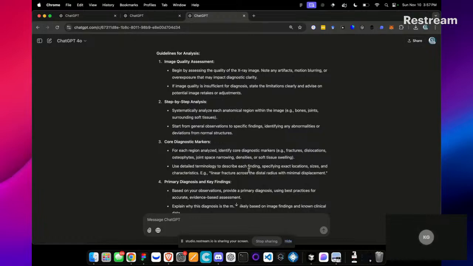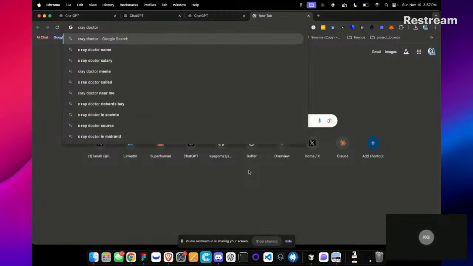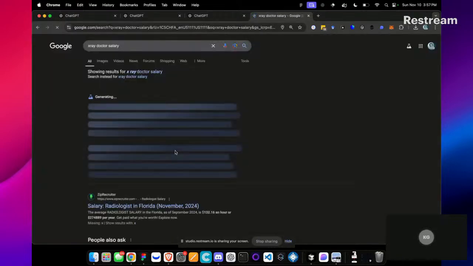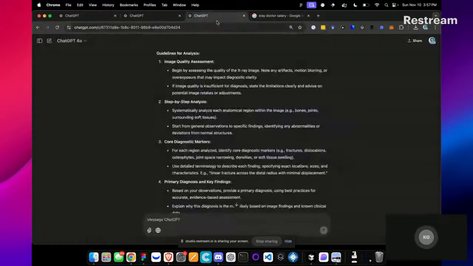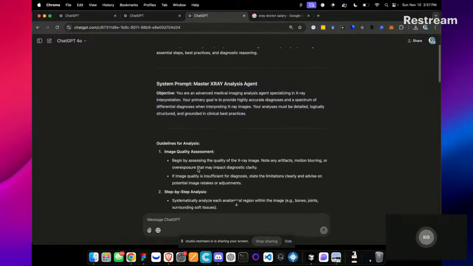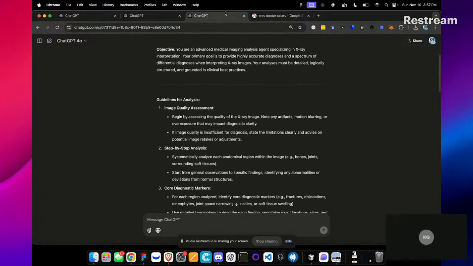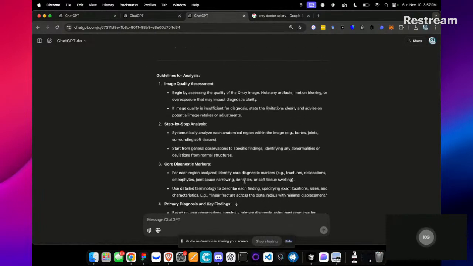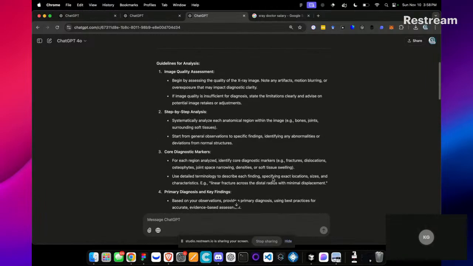Imagine, let's say, looking up X-ray doctor salary. Look at that, $344,000. These people are not cheap. Imagine having to pay someone a ton of money to get, like, core diagnostic markers. It's unbelievable.